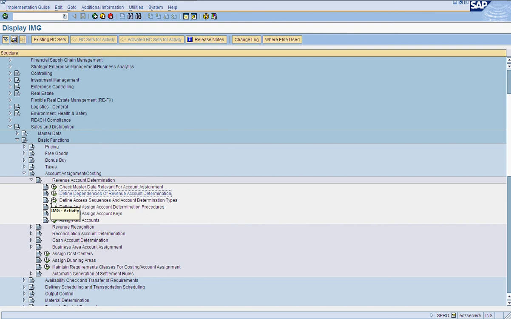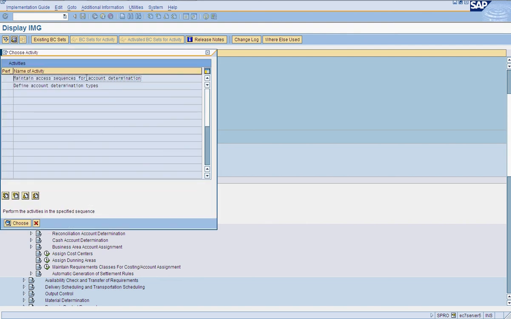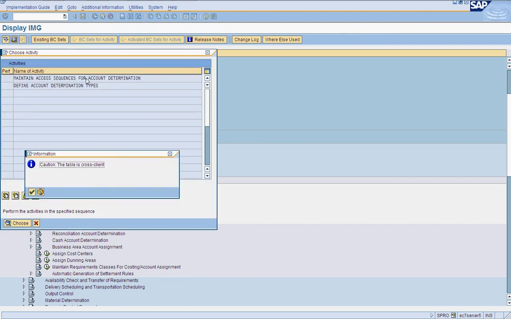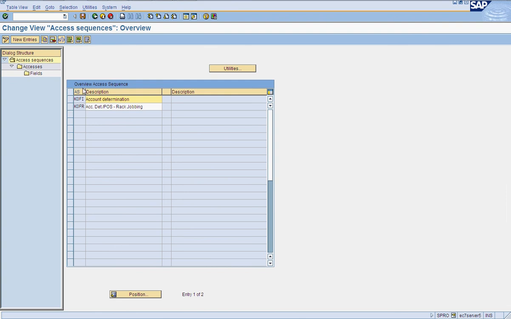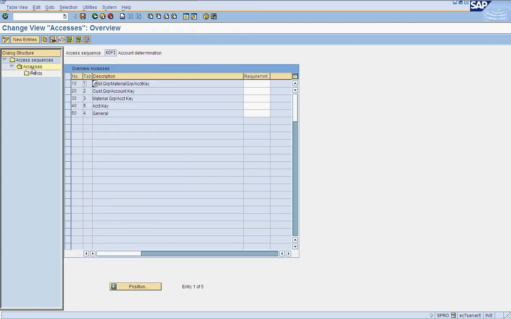Then you have to define the access sequence. Maintain access sequence for account determination. There are two access sequences, COFI and COFI K. Actually, I'm not saying COFI K here, but COFI is an access sequence under which you will be maintaining our tables, as we have seen earlier.